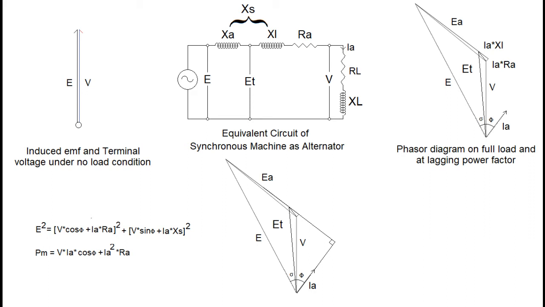Armature reaction is the effect of the magnetic field produced by the load current. This effect is generally counted in two parts. One effect is the direct weakening effect or demagnetizing effect. The second effect is cross-magnetizing or power producing. Therefore, the term XA on the equivalent circuit is considered as a fictitious reactance that does not obey the magnetic characteristics of the magnetic material used in the machine. The phasor diagram at the end of the slide on the right side is more illustrative.